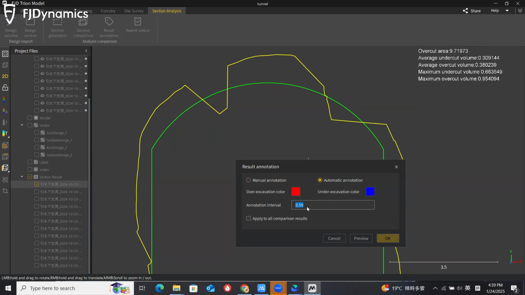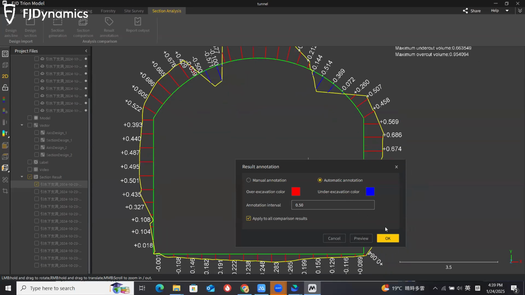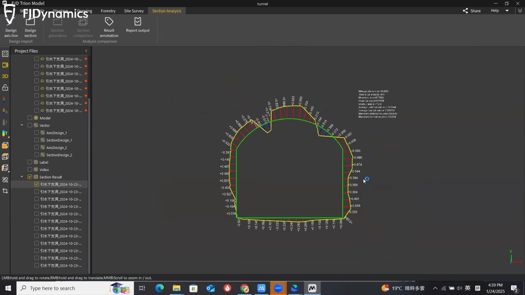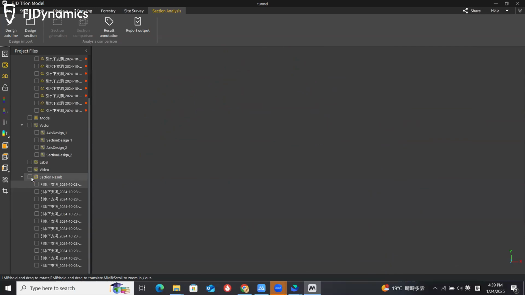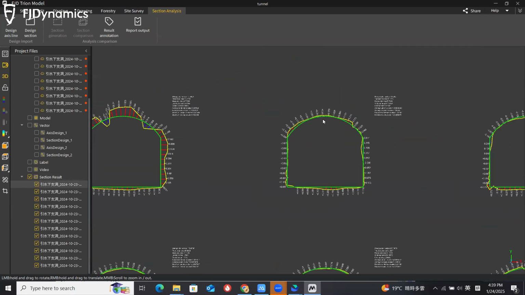I set it to 0.5 meters here, and you can click apply to all sections and click preview. It will be like this. You click OK,